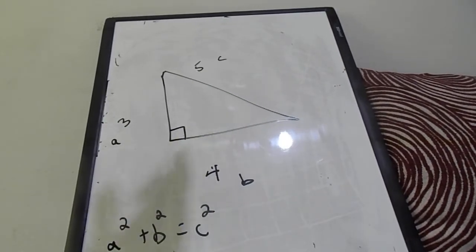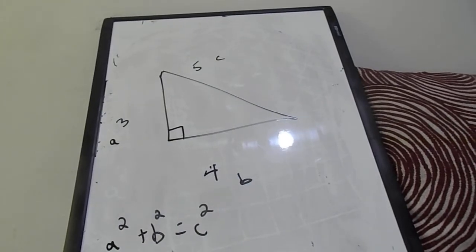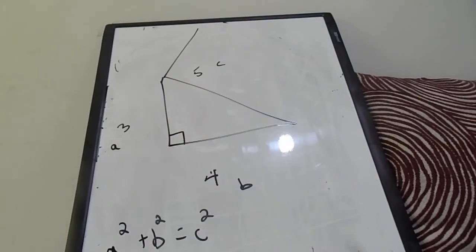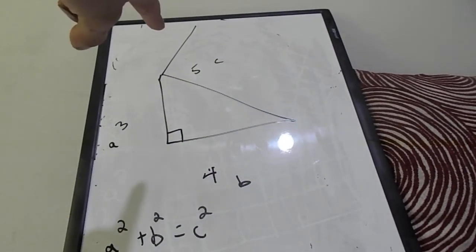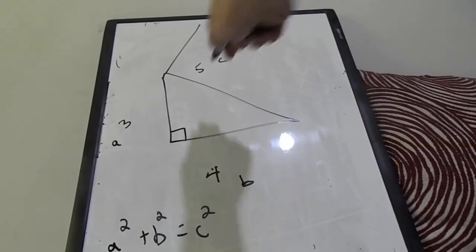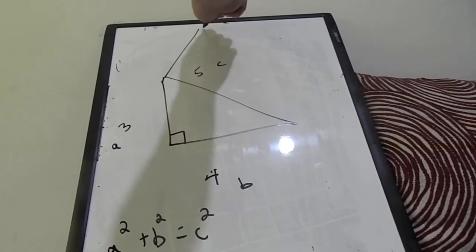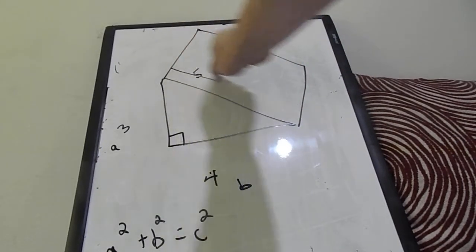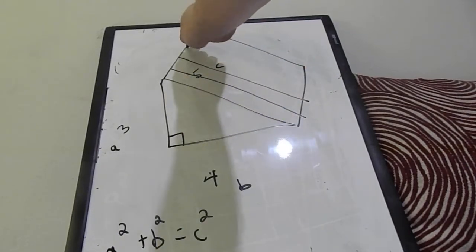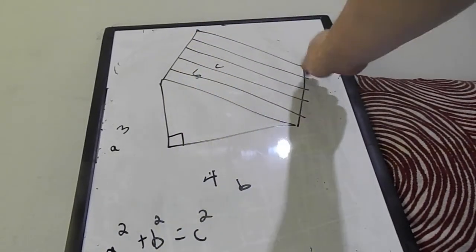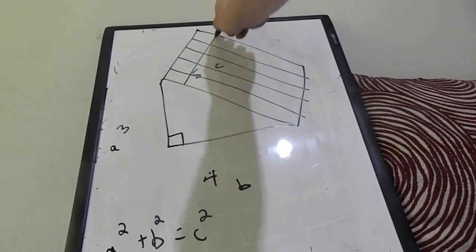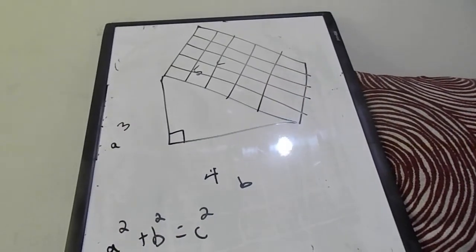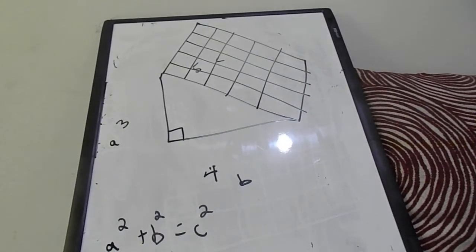Okay, so what does it mean for 5 to be squared? It means it's multiplying it by itself, right? So what we're going to do is we're going to make this. That line I just drew right there is a length of 5. Okay, so if this is a length of 5 and that is a length of 5, when we draw the square, 1, 2, 3, 4, and 5. When we draw the square, we get 25. Why is that? Because look,